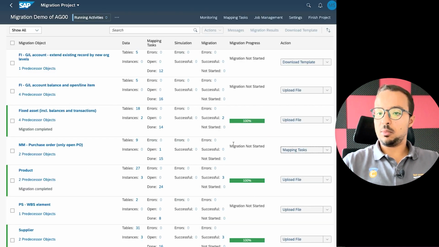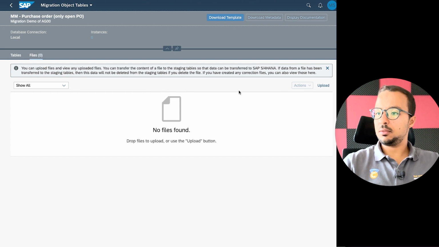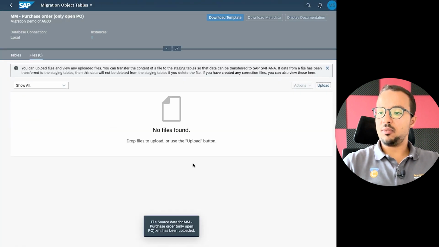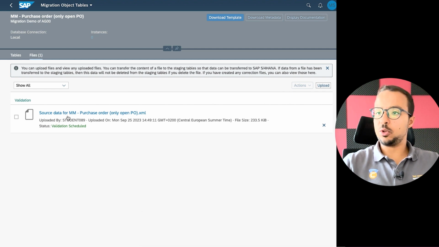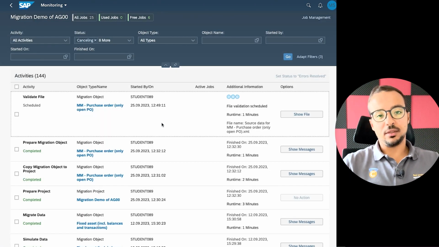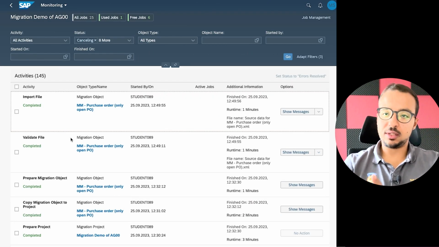So here we have our Data Migration Cockpit, the purchase order only, open PO. I will click on Upload File, select the file. Now we have to wait for the file to be validated and imported. So let's go back to monitoring and wait until this is done. Now the file has been validated and imported and we don't have any issues. Let's get back to our project